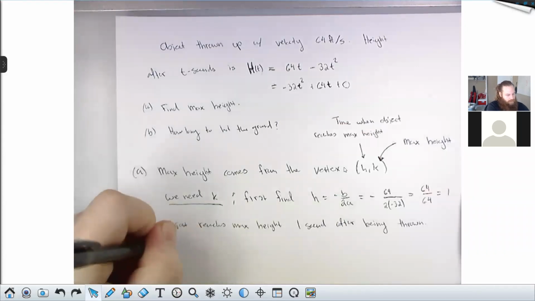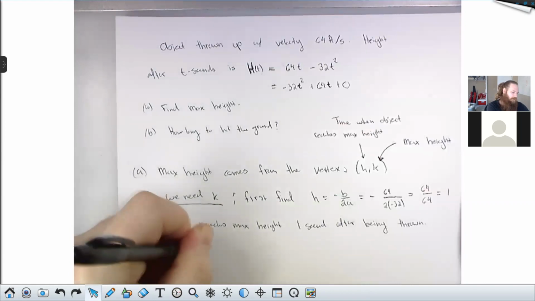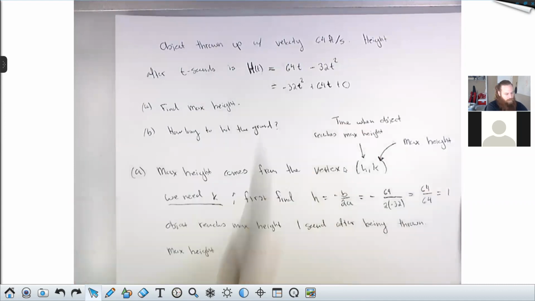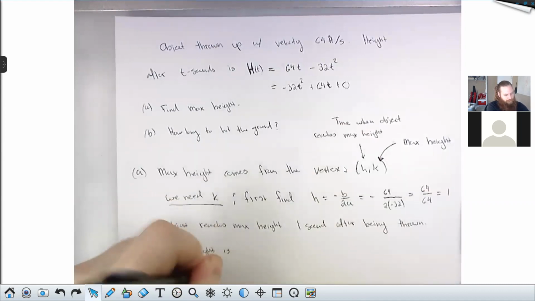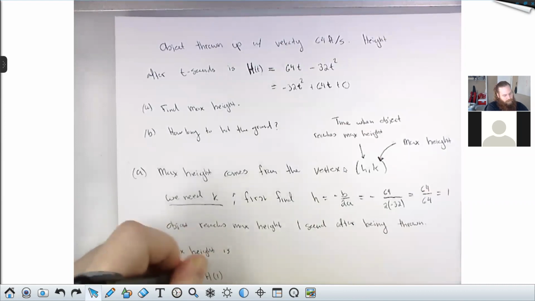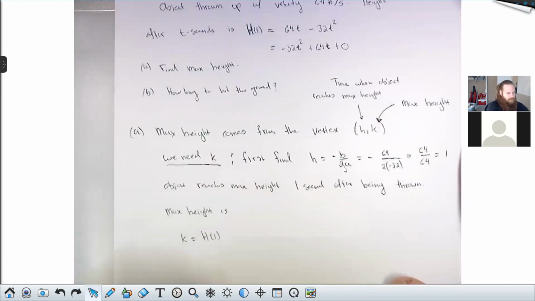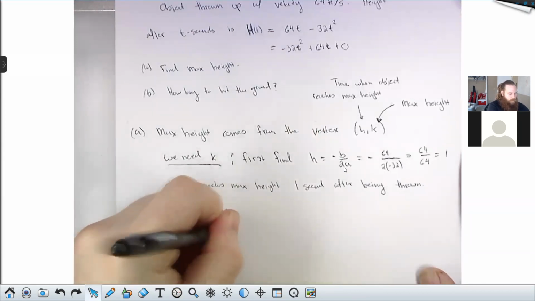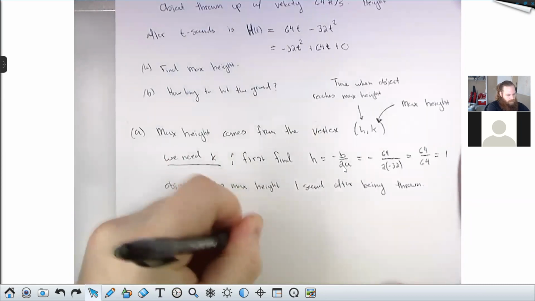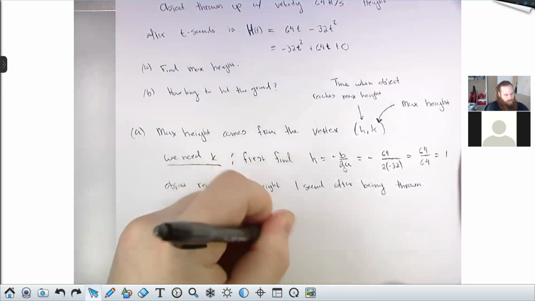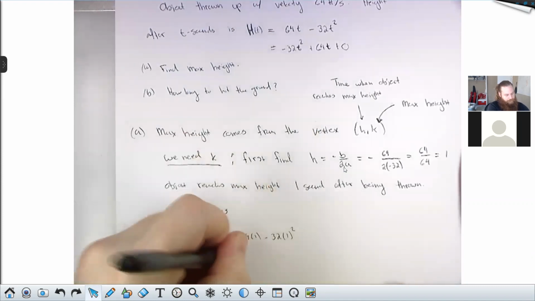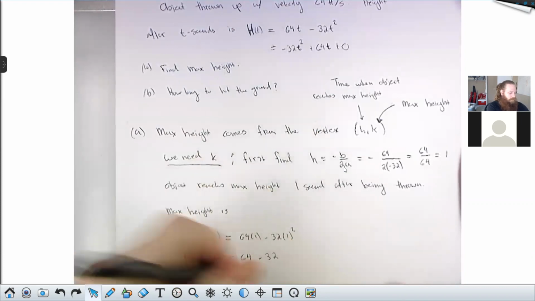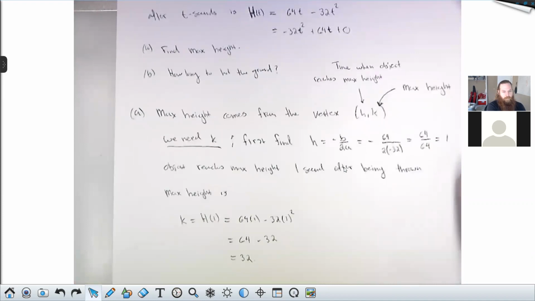And the max height itself, I take this time and I plug it into this function. That's k. K is the output from your function when you plug in little h. Little h here was 1. So this is 64 times 1 minus 32 times 1 squared, which is 64 minus 32, which is 32. So the max height is